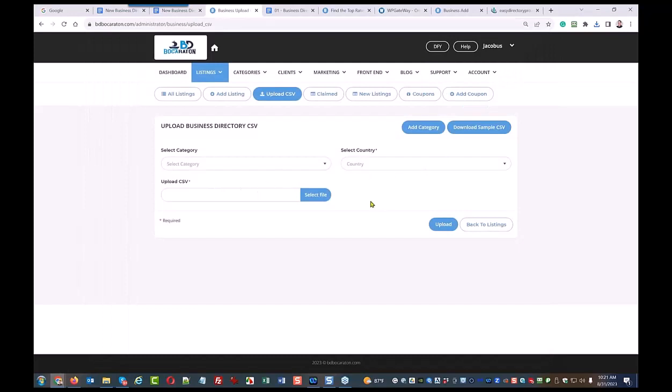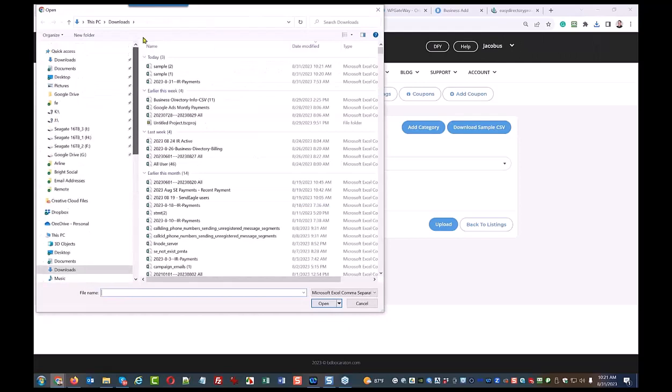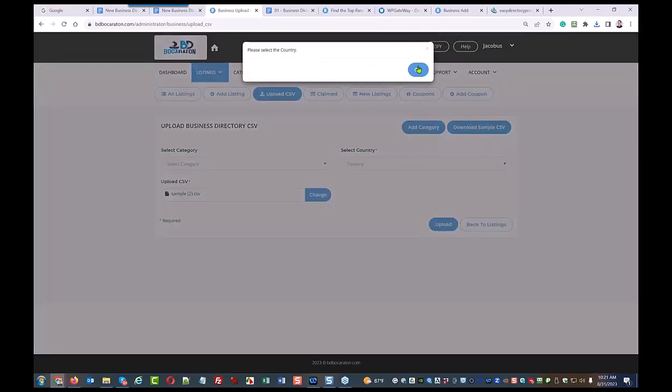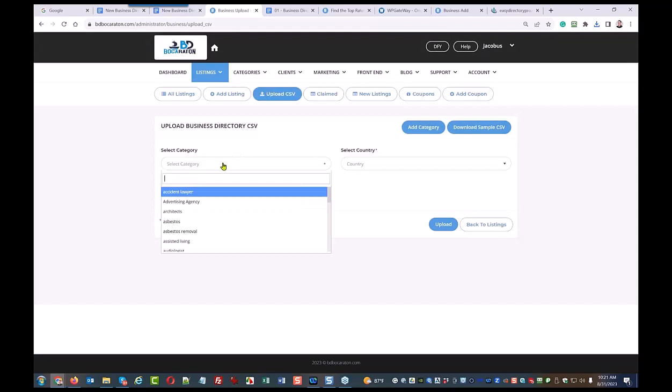Because it will match. I don't know if I have a, let's say, okay, let me do this. Select file, and I go to download. Oh, here, sample, upload, and I click on upload. Actually, this is next step. Please select the country. Okay, select the category. Okay, you need to select the category. I have no idea. I just do test. I don't know if test is